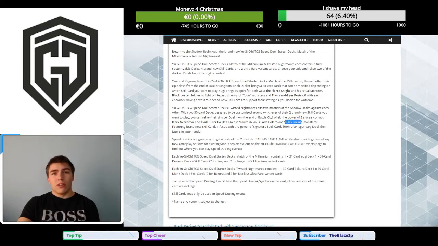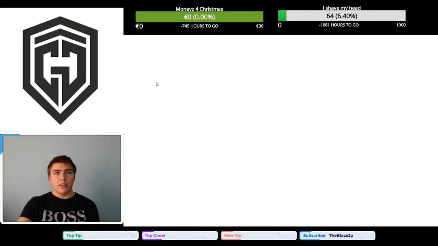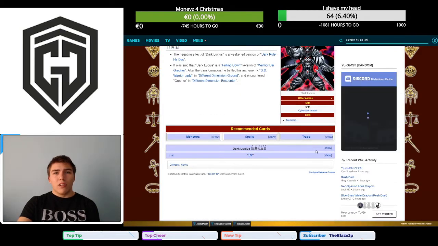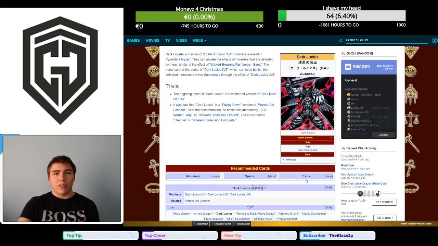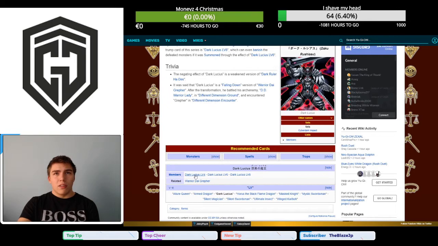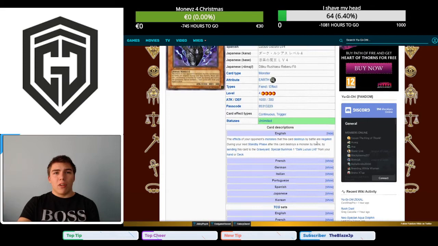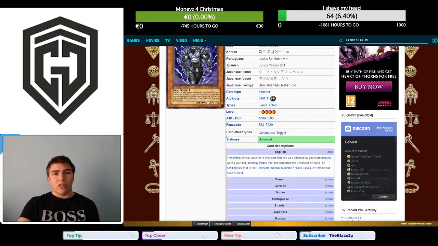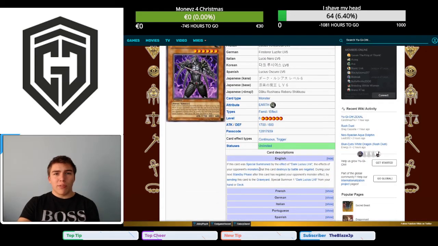Now if you don't know what Dark Lucius is, which could be the case. Dark Lucius is a level 4 monster. Where can I see? No, just the Dark Lucius. The effects of your opponent's monsters destroyed by battle are negated. This is the same way as Dark Ruler Hades. During your next turn, you can activate: discard destroyed monsters by battle. By sending this card to the graveyard, special summon 1 Dark Lucius level 6 from your hand or deck. If this card was special summoned by the effect of Dark Lucius level 4, the effects of your opponent's monsters destroyed